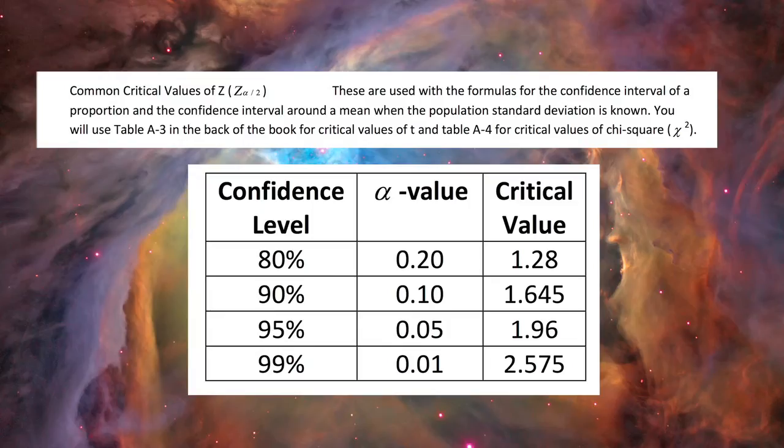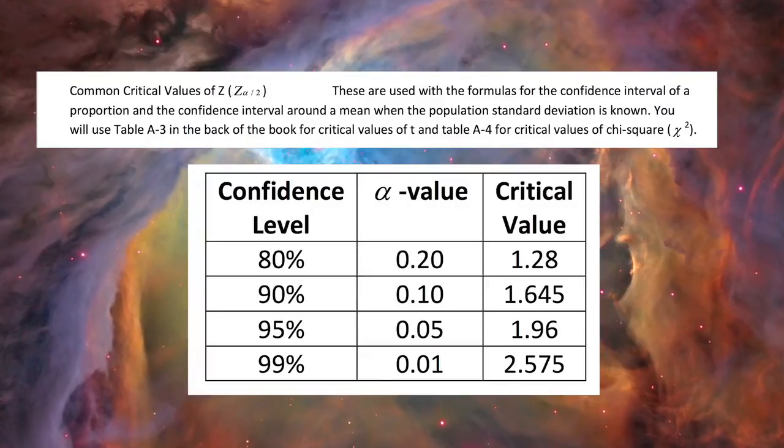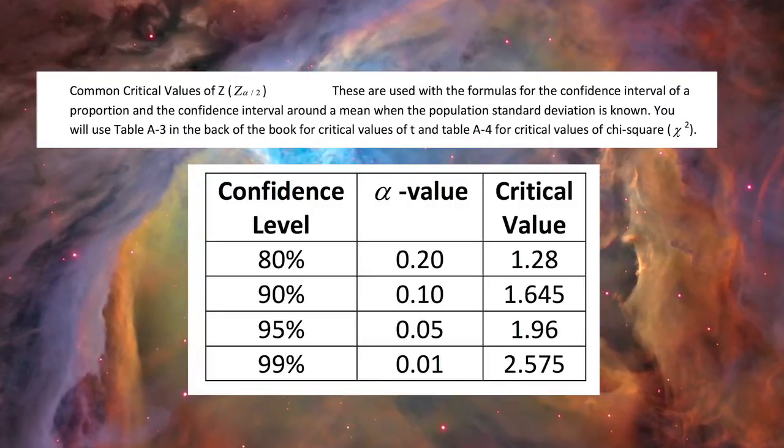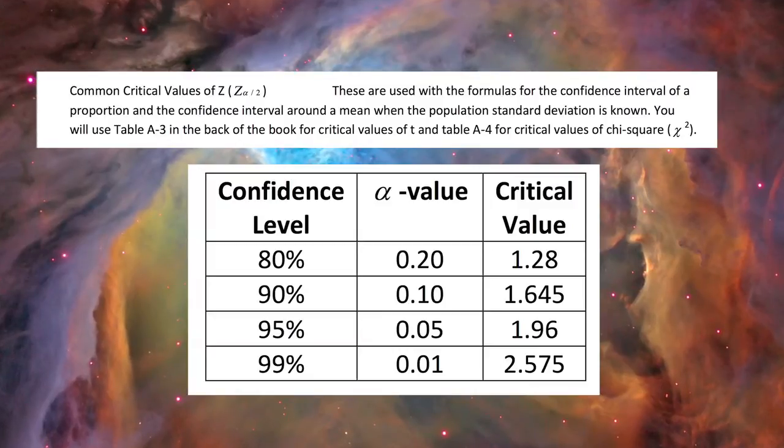So we need to have critical values. The common critical values of Z are given in this table. These are used with the formulas for the confidence interval for proportion and a confidence interval around a mean when the population standard deviation is known. You will use table A3 in the back of the book for critical values of t and table A4 for